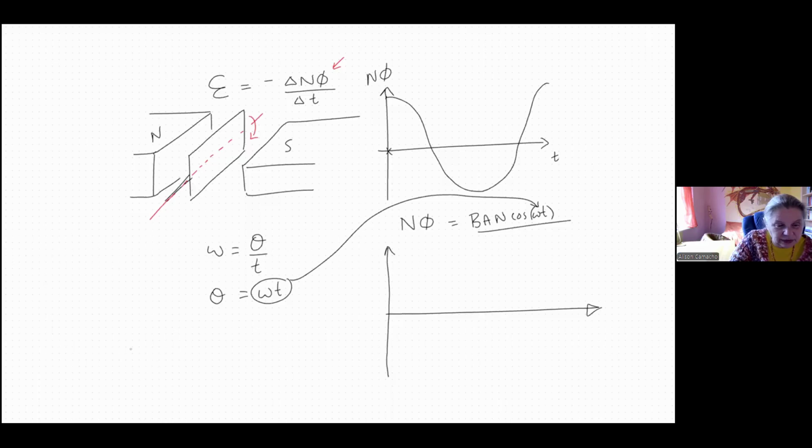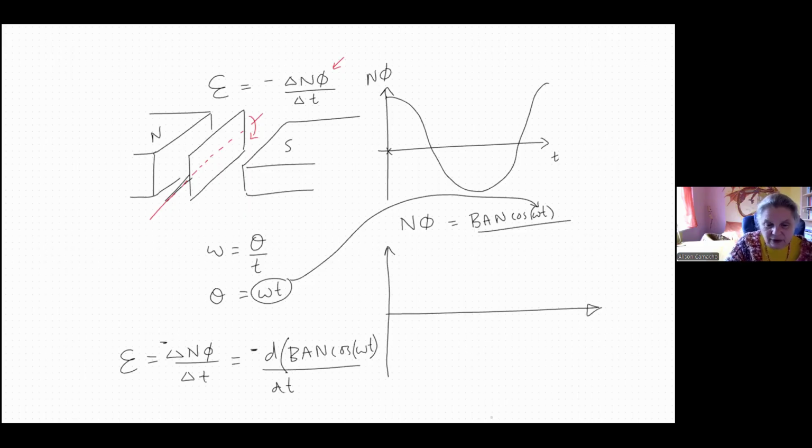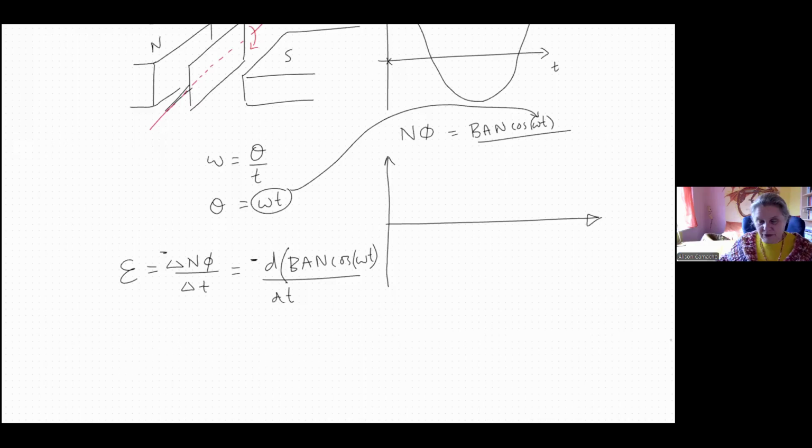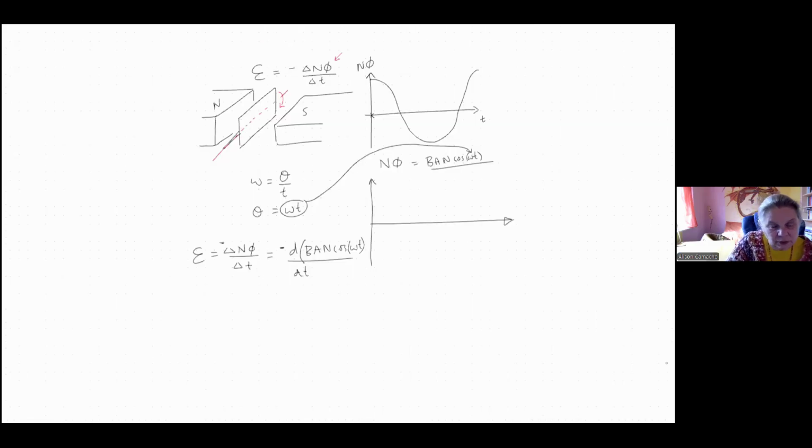Okay, differentiate that with respect to time. So I want, like the EMF is the rate of change of flux linkage. It's actually negative, the rate of change of flux linkage, minus, right? Which means that it's minus d of BAN cos omega t with respect to time. Okay, so we get our EMF is, I'm going to make it a bit smaller so you can see everything all at once. So when we do this, we get